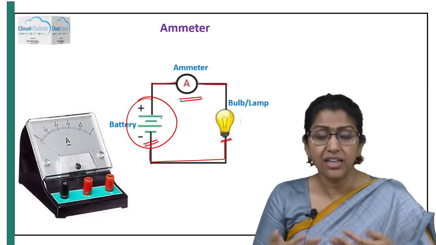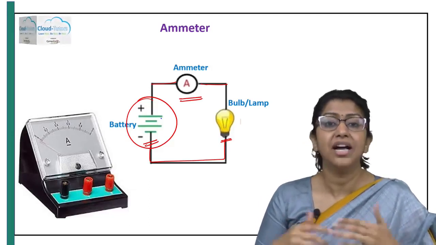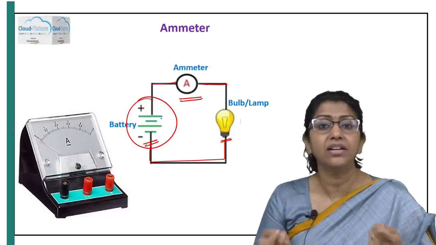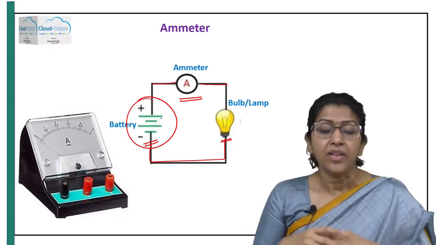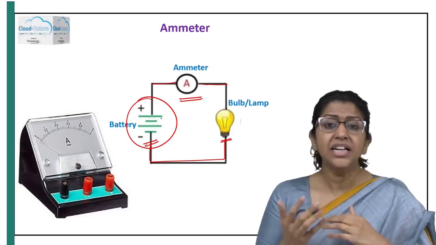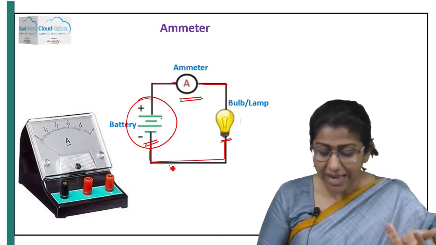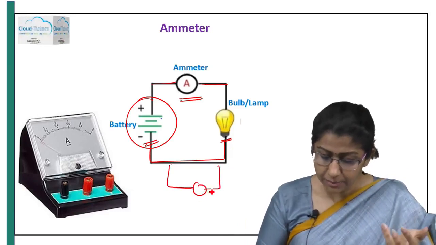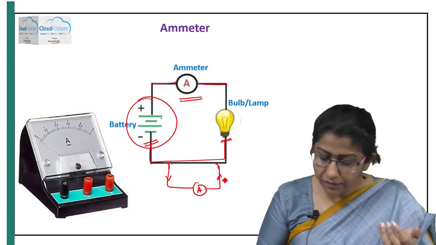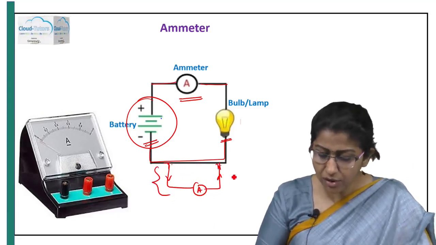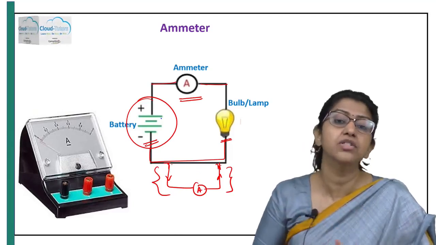Because as we stated, an ammeter is an instrument which measures the amount of electric current flowing through a particular part of a conductor or in a circuit. Now, if we connect it differently, if we connect the ammeter in parallel, what happens? The amount of current, as you can see, will be flowing through this branch of the circuit as well, which is not the complete amount of current which will be flowing through